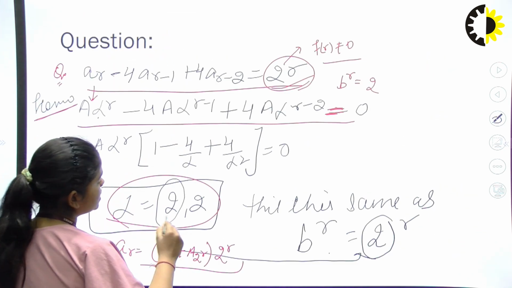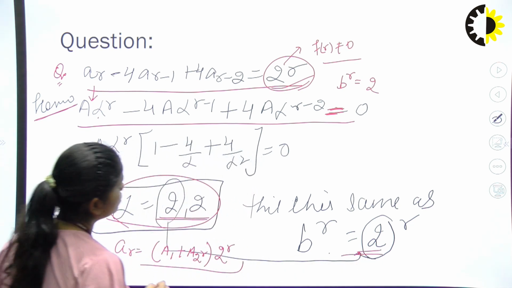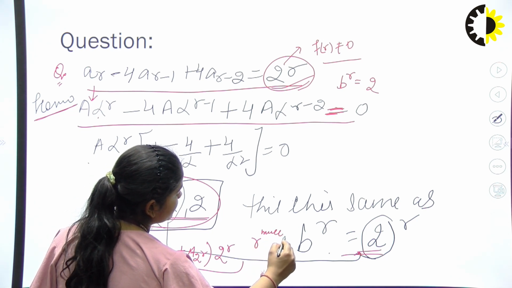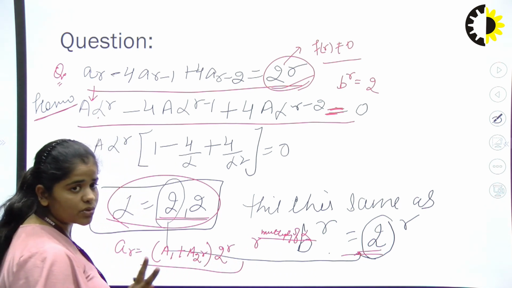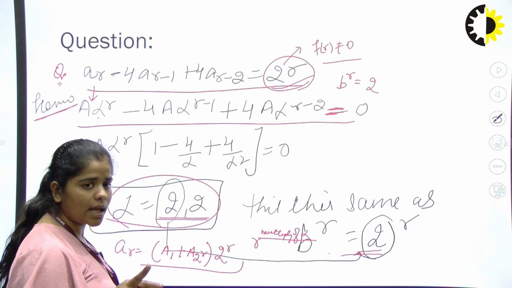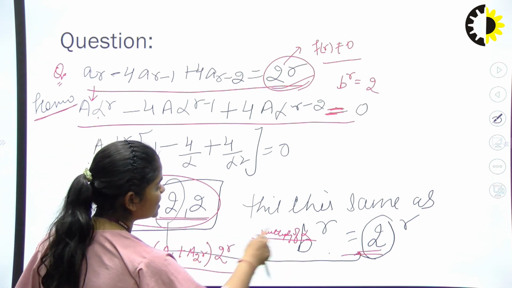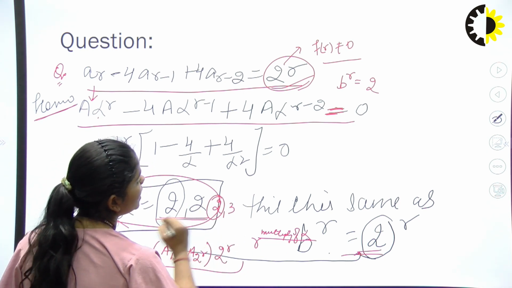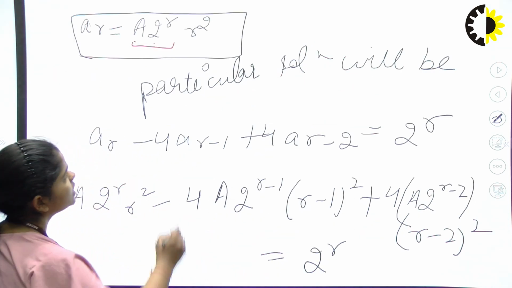But here the alpha value is 2 comma 2, which is matched with this right hand side value. That time we are using r to the power of the multiplicity of alpha, right? Alpha is matched 2 times. We have alpha value 2 comma 2, which is the same as in b, but both the values are same, so we are using r square. If I get here 2 comma 3, then only a single value is matched, then we are using only r to the power 1 in this solution.